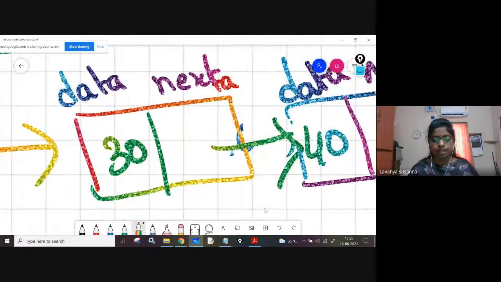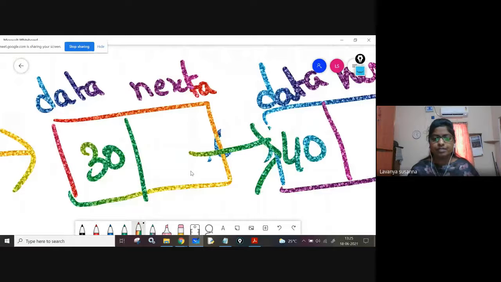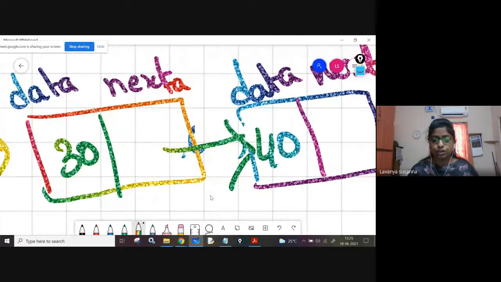Now see, you are at this 30 node. Remember how you are traversing. Using next field only you are going to traverse. Now you are at 30 node, the node which contains element 30. Now see here, 30, this node next field not equal to null. True. There is no null in 30 node. Next field, there is no null. It is true. So you are going to traverse. When it is true only, you are going to traverse.